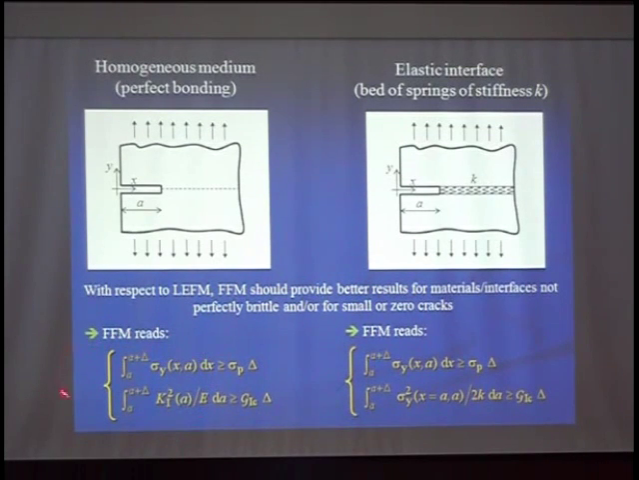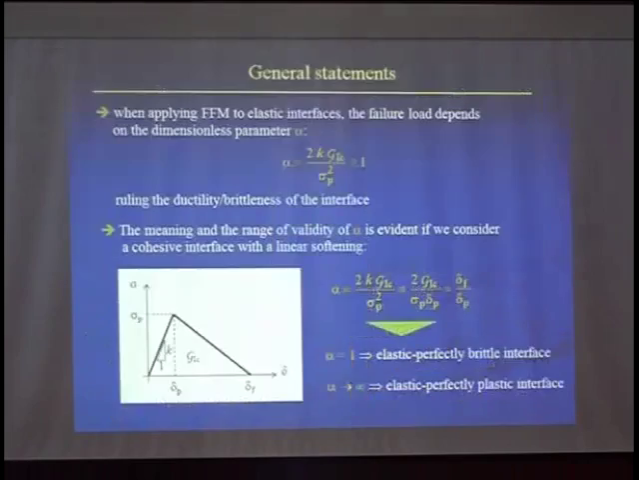Anyway, for short cracks or zero cracks, it is expected that finite fracture mechanics should provide better results. Here are the expressions of finite fracture mechanics for the homogeneous medium case and for the elastic interface case. You see that in these second inequalities I substituted the formula for the strain energy release rates previously shown. When applying finite fracture mechanics to elastic interfaces, the failure load depends on the dimensionless parameter alpha, whose definition is given here,